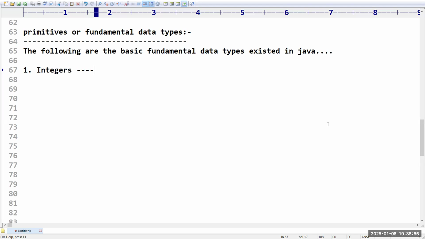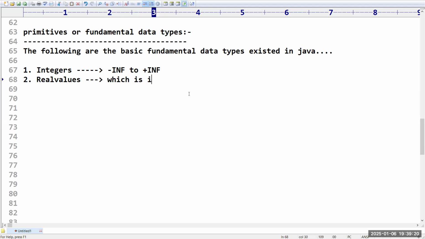The first data type we have here is integers. What are integers? Minus infinite to plus infinite. If we are representing anything like that, it is considered primitive only. Second, we have real values. Which are real values?